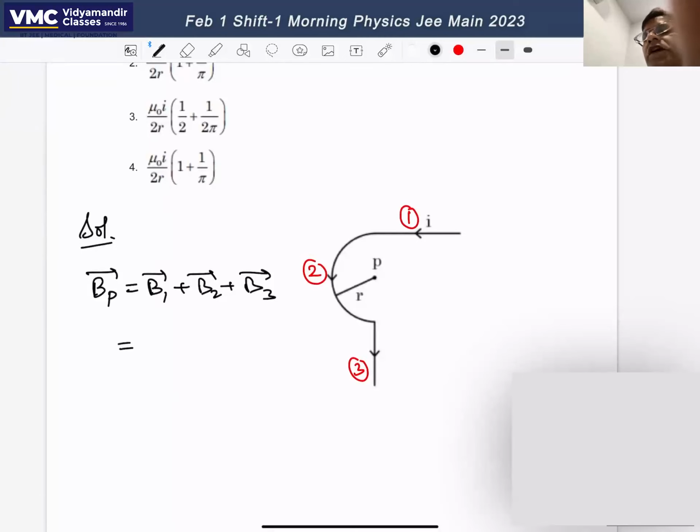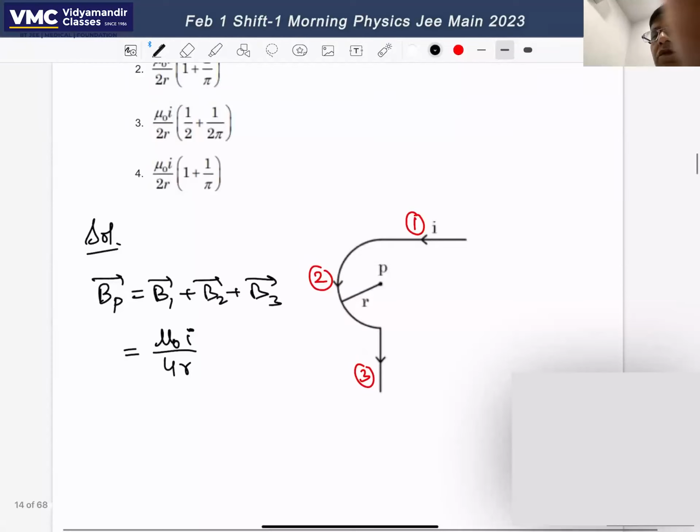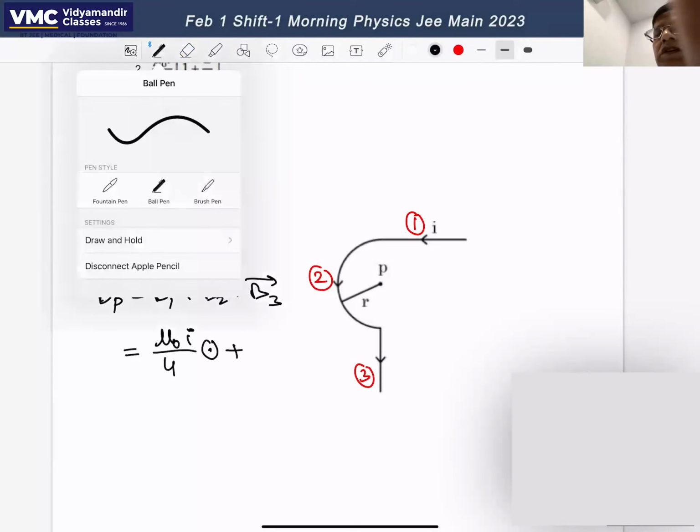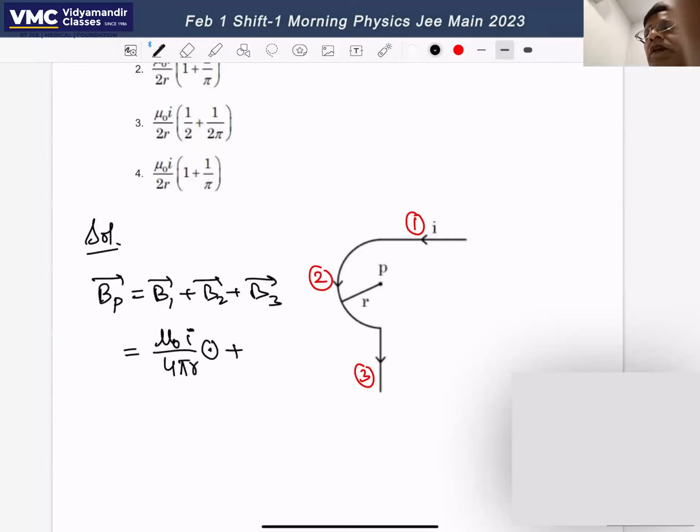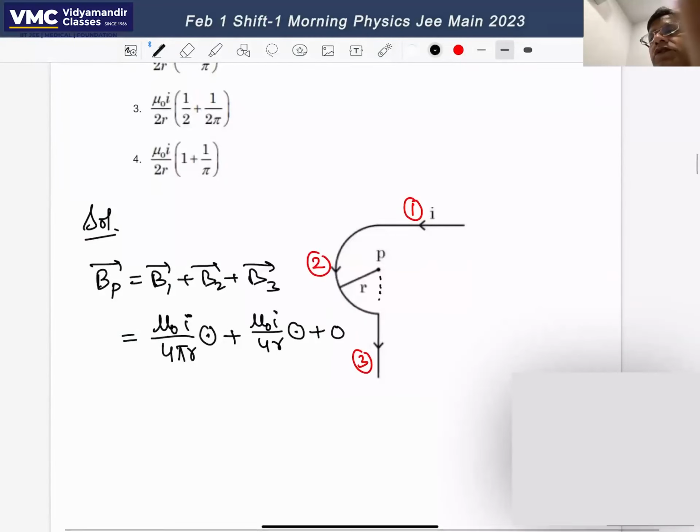Now the field of first wire will be say mu naught I by 4 pi R, and it is directed say outward. This first wire is basically a semi-infinite wire. The second wire is a semicircle, so it will say mu naught I by 4R magnetic field, and it is again outward. And this third wire has zero field, because this point P lies